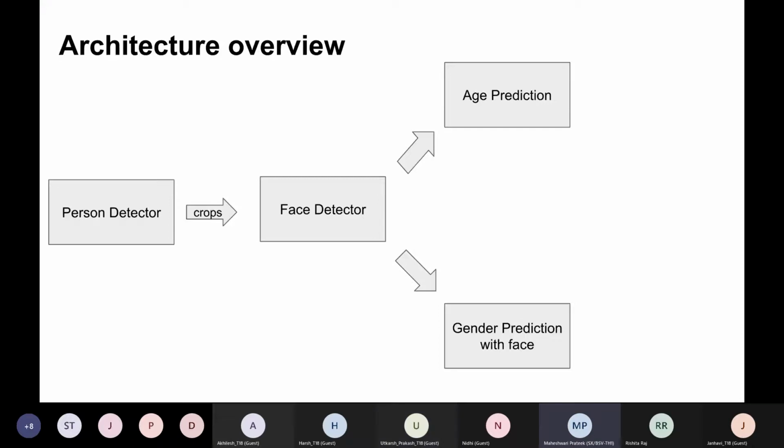So you have embeddings. How are you getting the embeddings? If you have the face, then how are you getting the embeddings? Have you used any pre-trained model? We are using RetinaFace and ArcFace to get the embeddings of the face. Okay, and then these embeddings you are